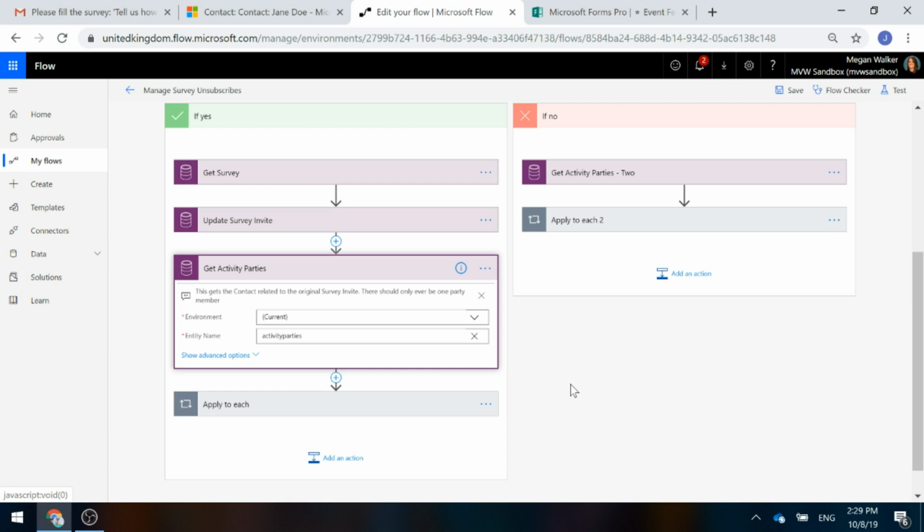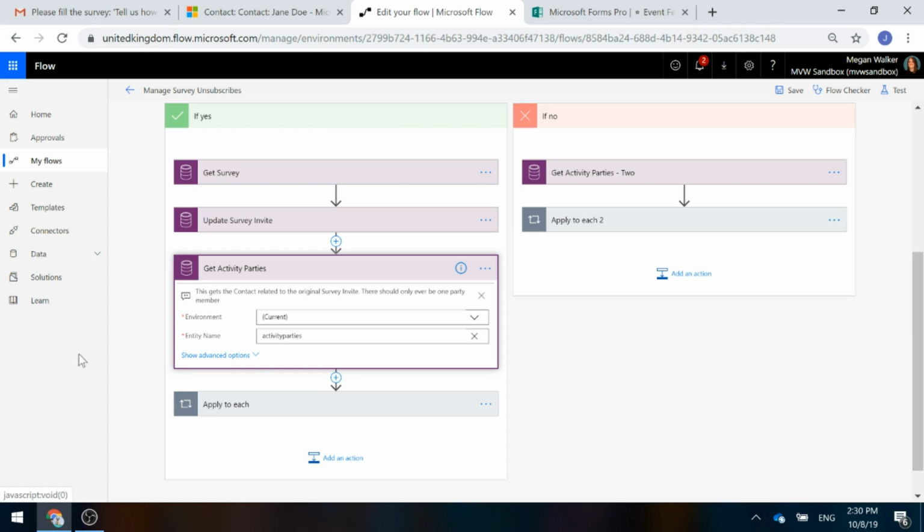Now the survey invite has been linked to the contact, but it's not necessarily always going to be linked using the regarding field. So you might have a survey invite that was sent regarding the closure of a case, in which case the regarding field, if you do a check to look for that person, is not going to be accurate. So what we need to do is look at the activity party's entity,